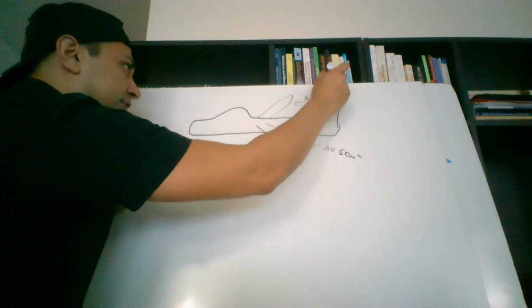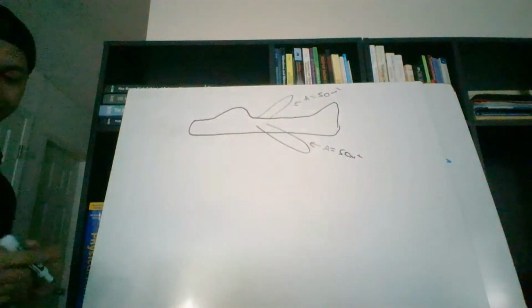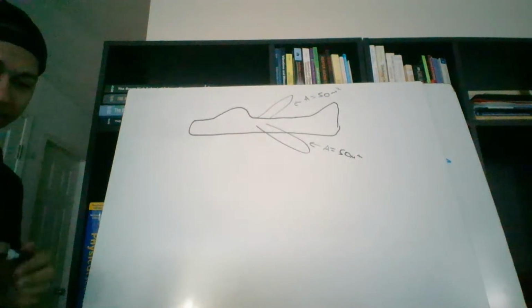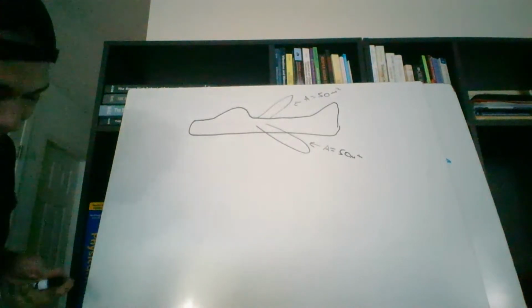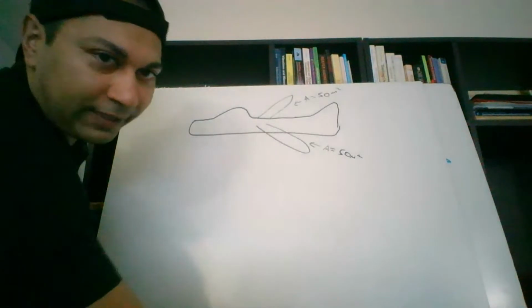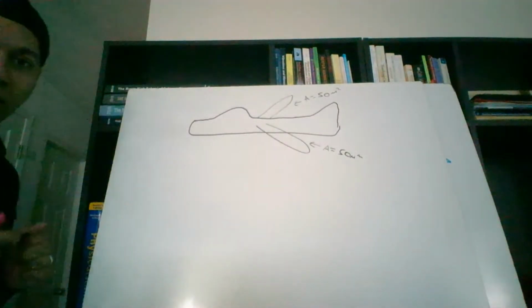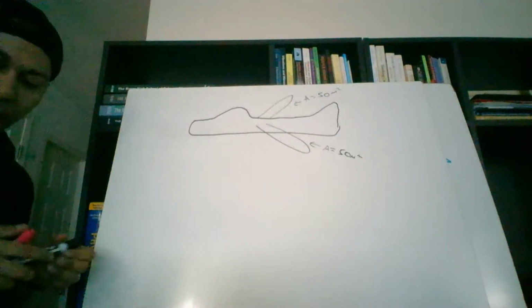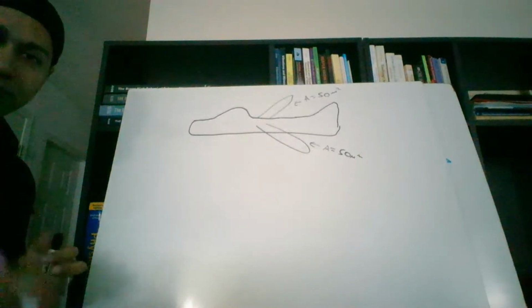Oops, 50 meters squared. So we've got that. That's going to be our wings. A few things we want to know. Let's write it out. What are the forces acting on this plane here? The ones that we're interested in. Let's assume,